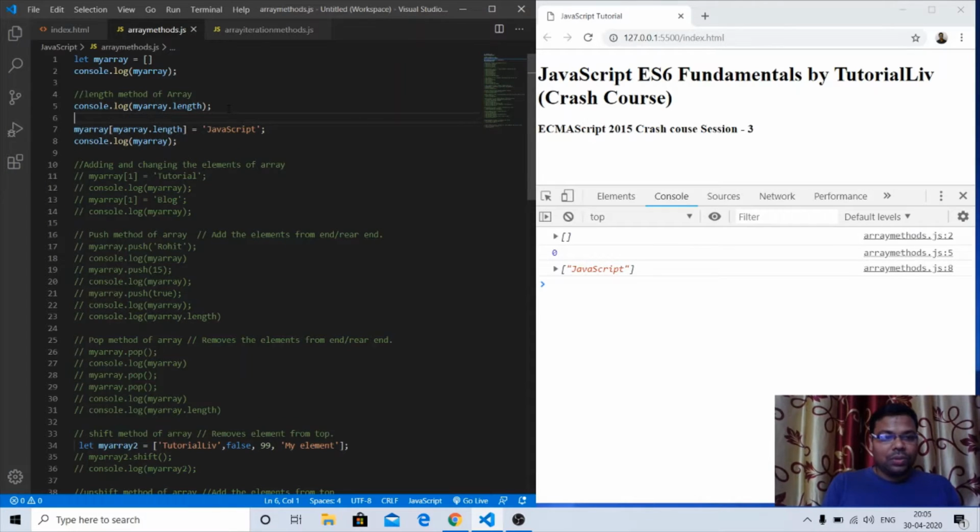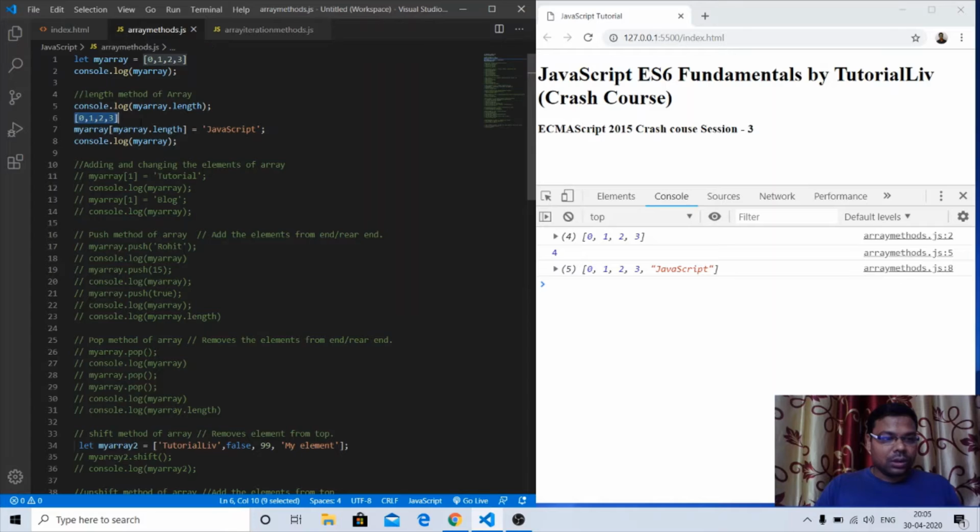An array has elements at index values like 0 1 2 3. Let's do it here: 0 comma 1 comma 2 comma 3. So there are 4 elements in the array.